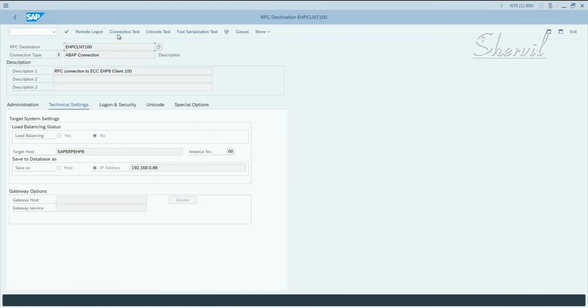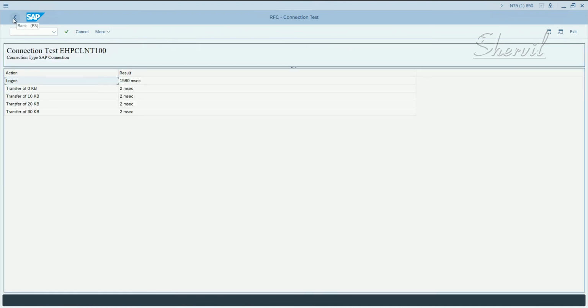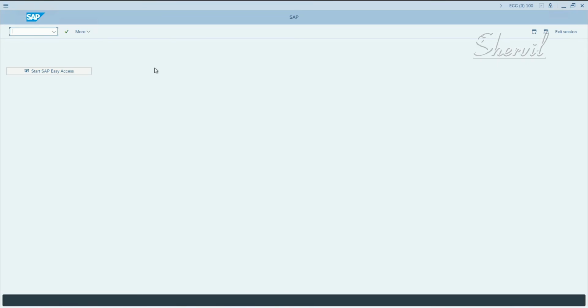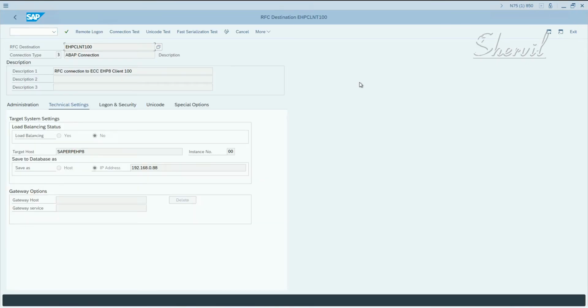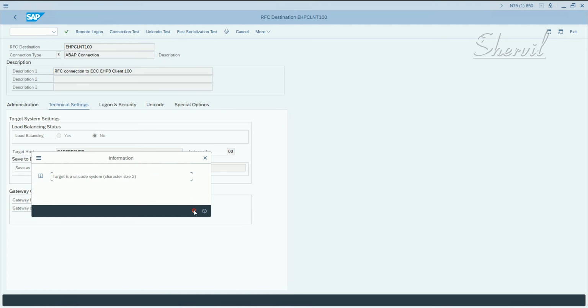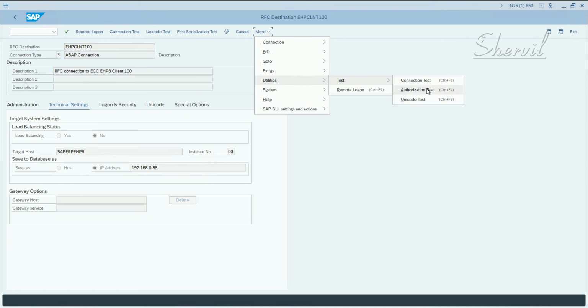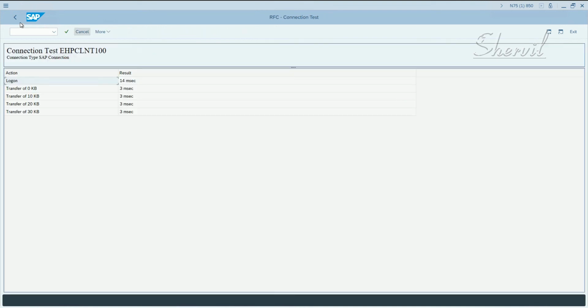Let's go and test it. You can do a remote logon, and you can also do an authorization check. So we go to more, utilities, test, and authorization test. You can do that.